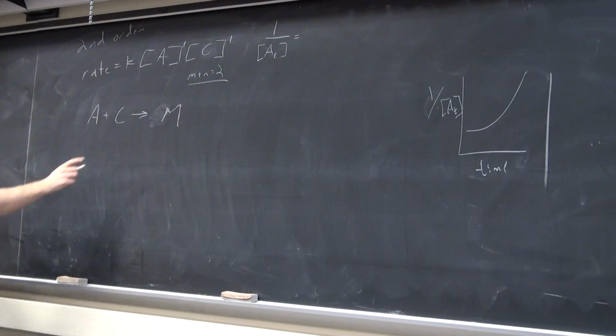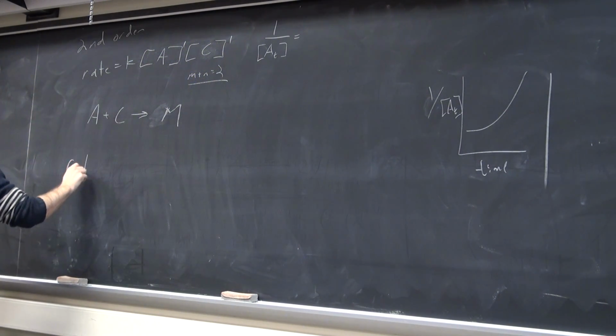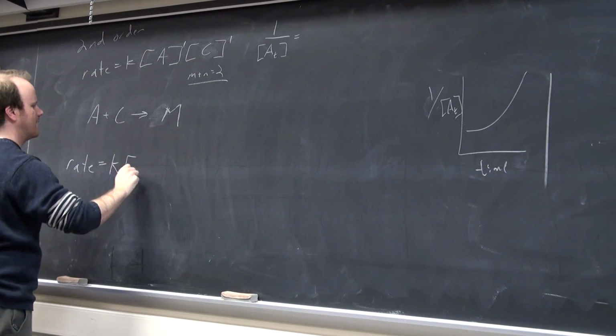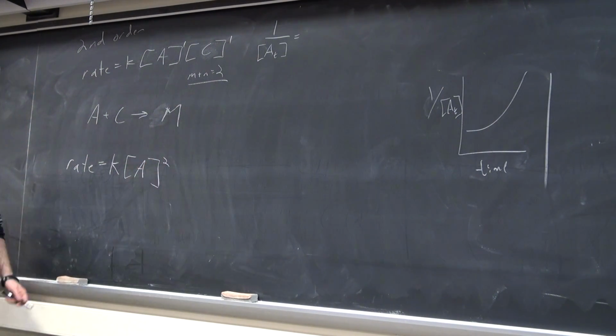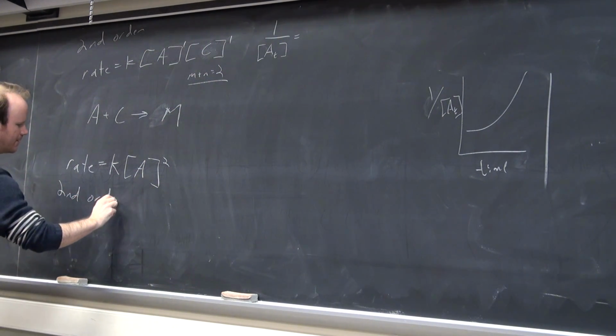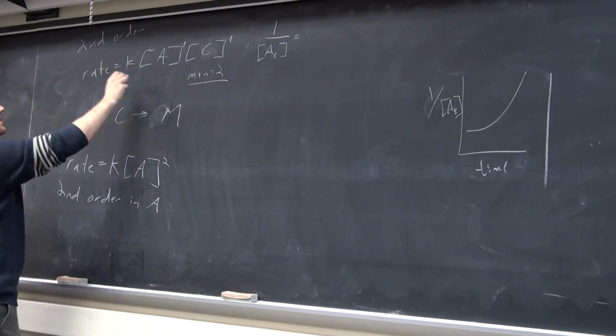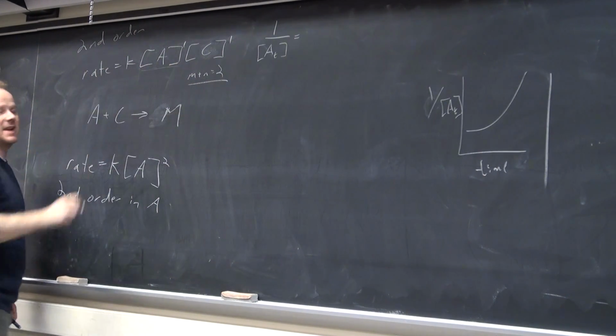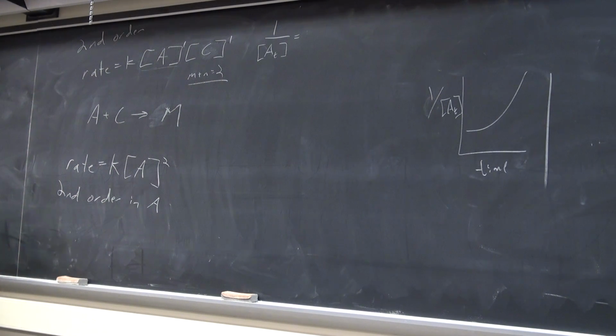So that's a second order reaction here, but this reaction is actually written for rate equals K. So this is second order in A. And this one, what order is this in A? First order in A. Yeah, so we could analyze the concentration change of A using first order kinetics. But the total reaction rate is first order in A and first order in C, so this is a second order reaction. Now this one is second order in A,